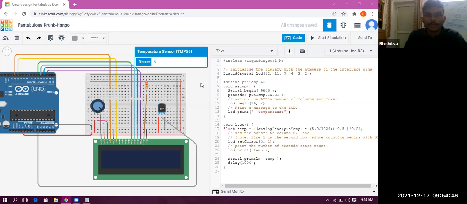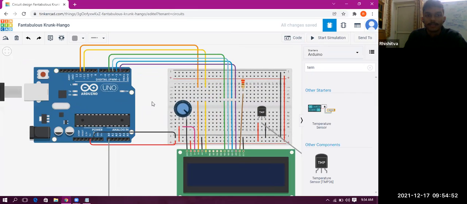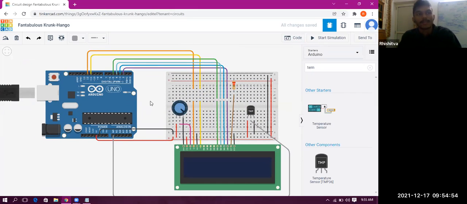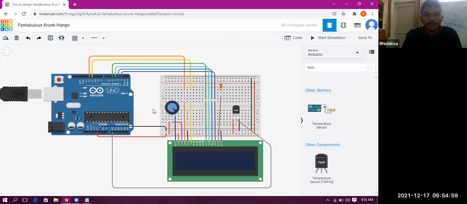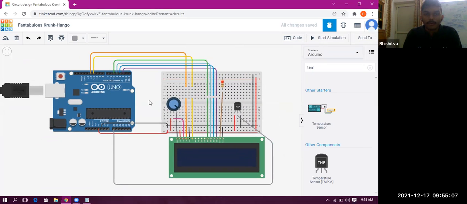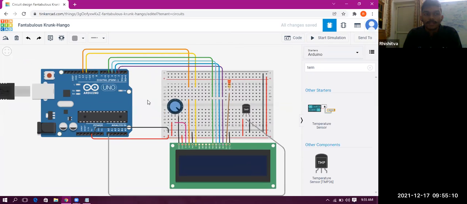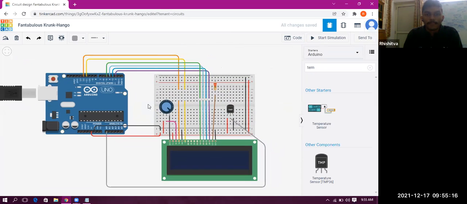Some students' circuits are also working, so that's great. That is a prominent circuit that you have made. This digital thermometer has a physical significance in the world, so you can also show it to your friends and family members. Although it is just a digital simulation, if you want to give a try, you can make it physically also. As you have already simulated the circuit, it will be working fine.